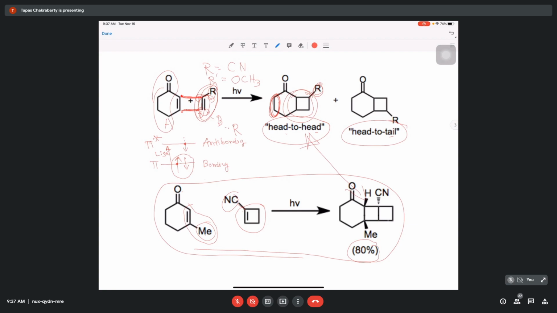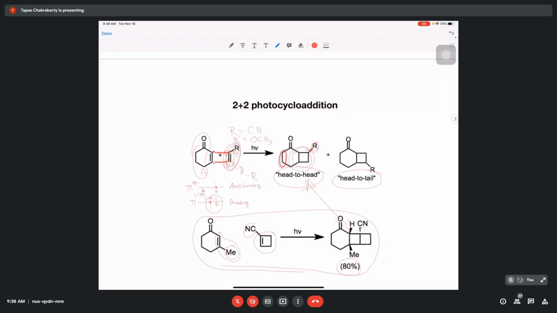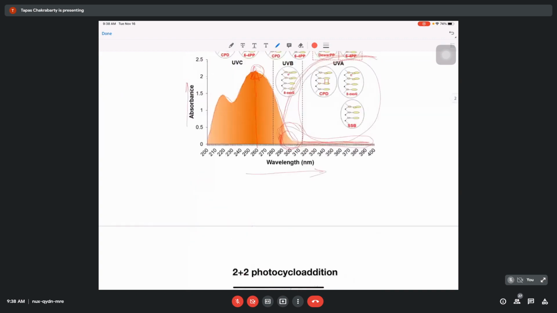So the final product, how much should be the yield? Chemists use this kind of reaction to basically control the desired product. And for that, you can make the substitution at the appropriate positions and you can control the yield of the chemical reactions. But as far as the biological applications of these things, it is a very similar situation.